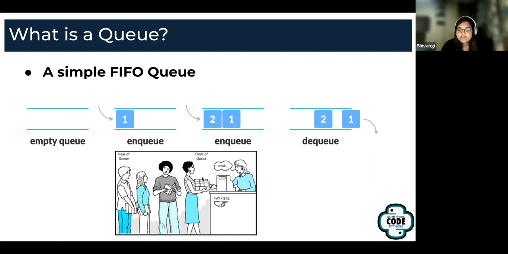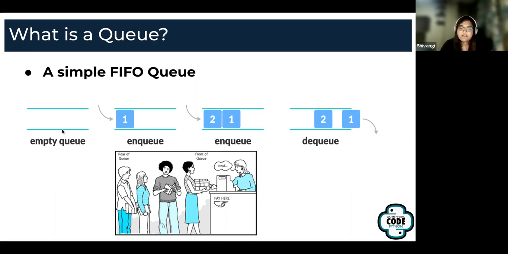She was the first person here. So logically, she is the first person who's probably checking out her cart. And this person is the one who joined the queue late. So he'll be the last person to check out in an ideal world where no one cuts in. So this is the front and this is the rear.